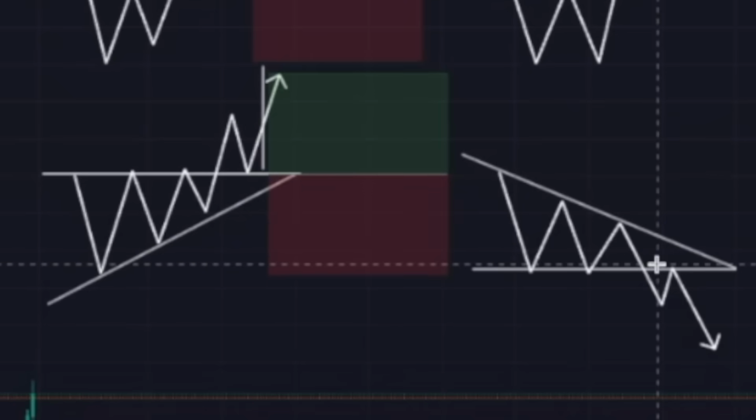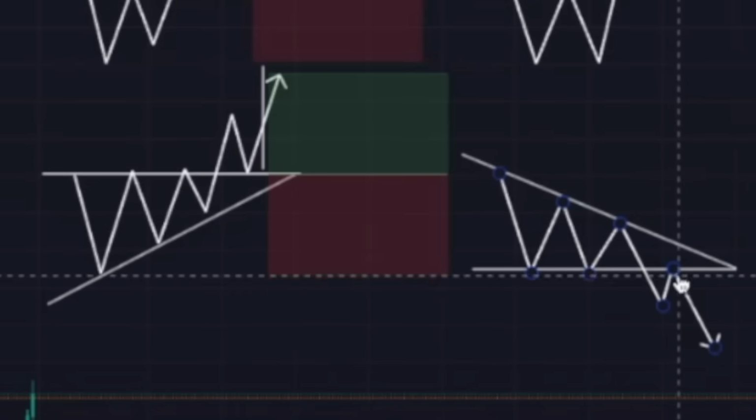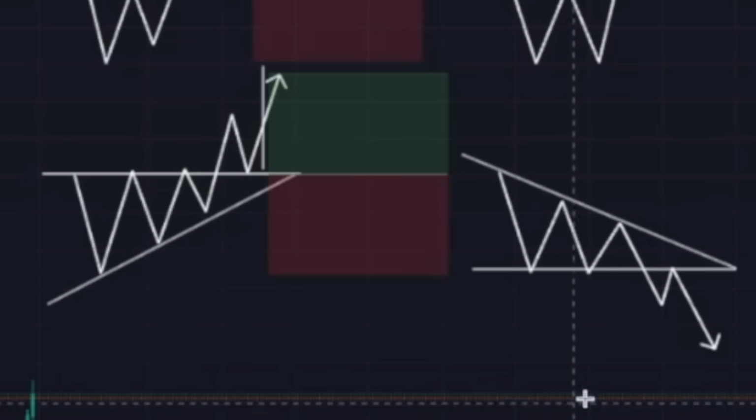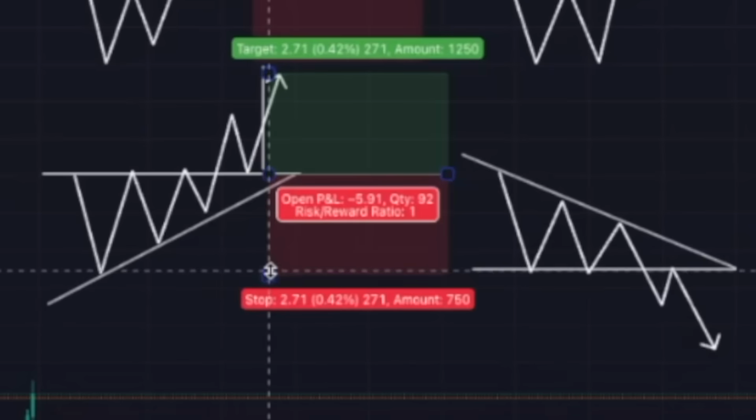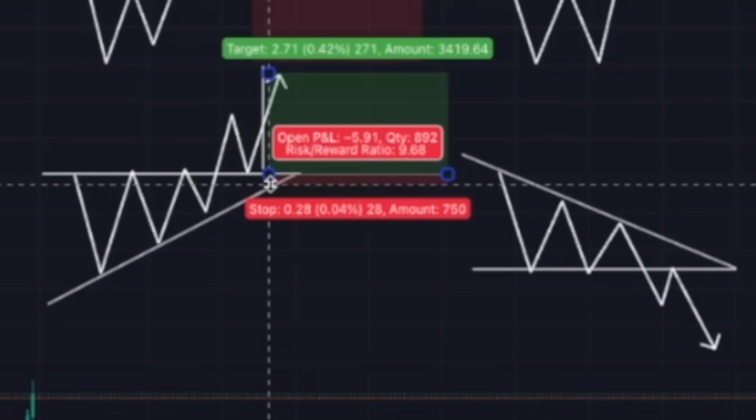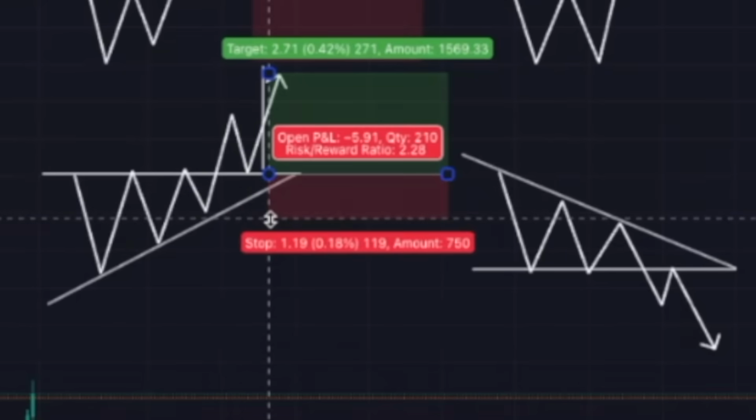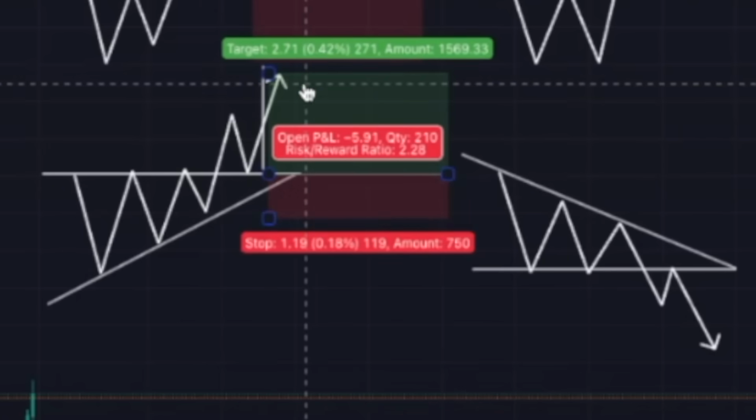The same remains for the bearish one: waiting for the breakout and then getting into the short position. And for our stop loss, it's kind of the same. Don't keep it as tight as crazy here, because as I told you before, there would be more wicks coming in from the market maker to stop you out. So make it on the previous low over here to protect your trade,